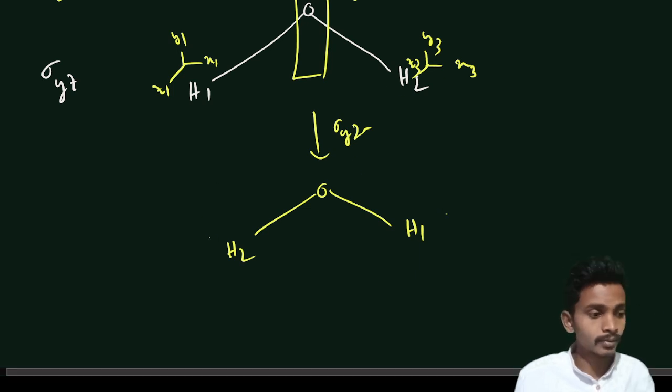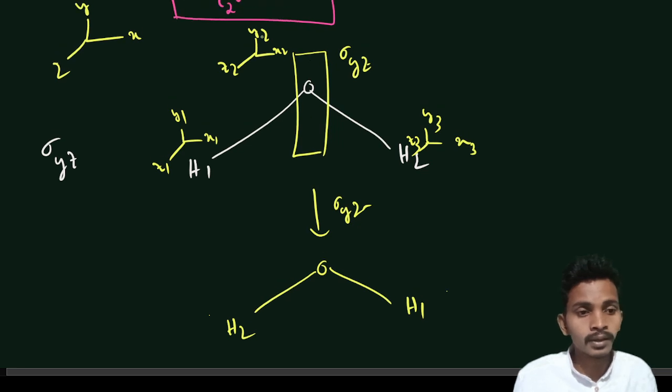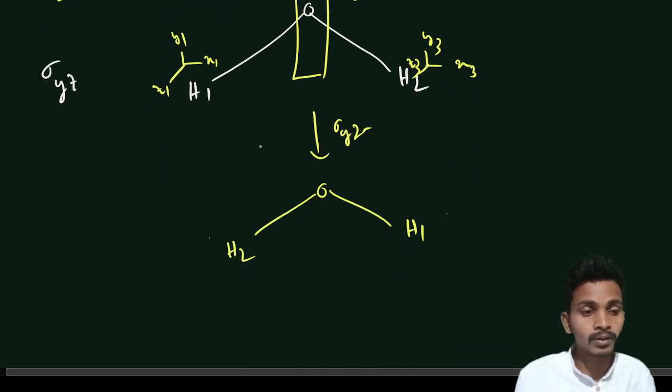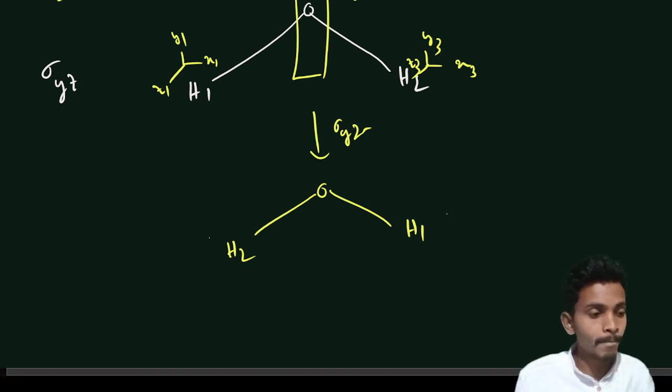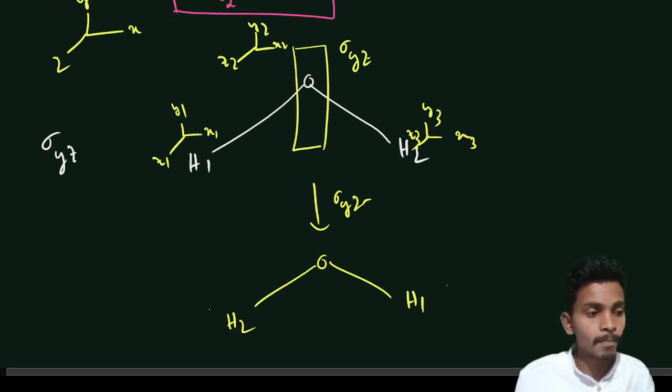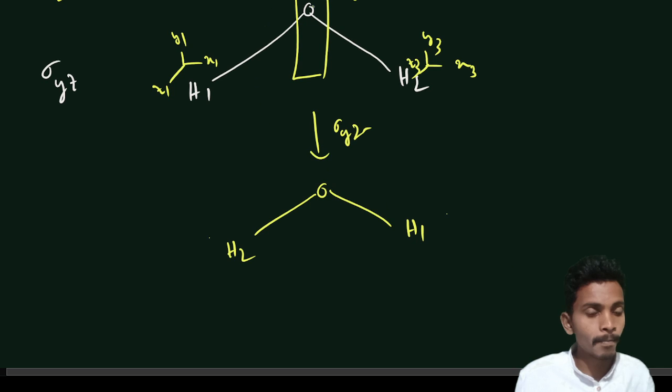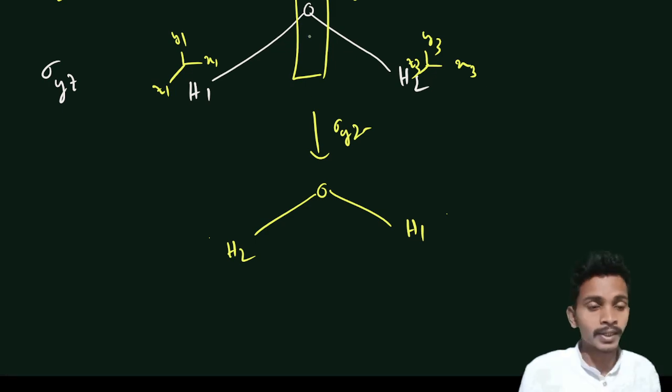Okay, and this x2, y2, z2 remains as it is, here itself. So after this rotation, what we will get is